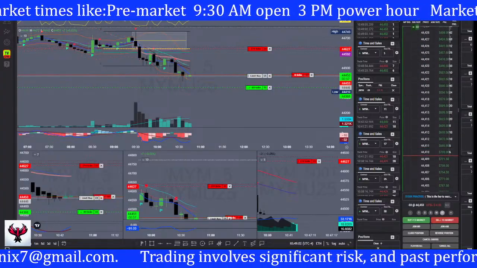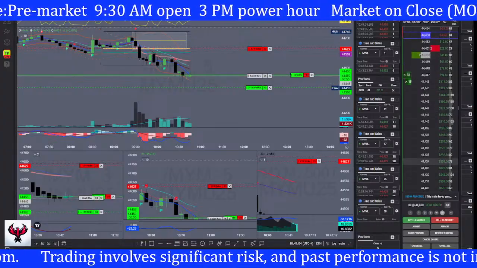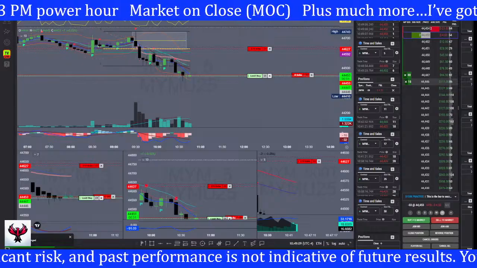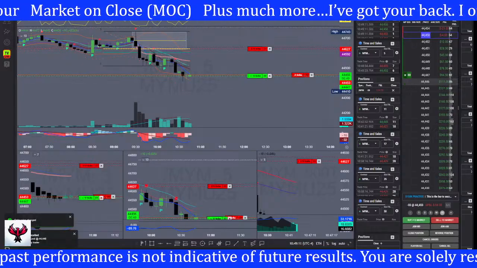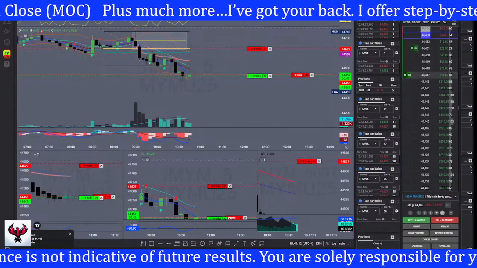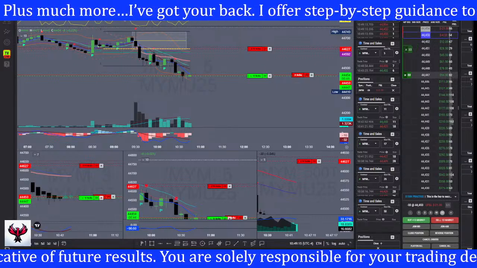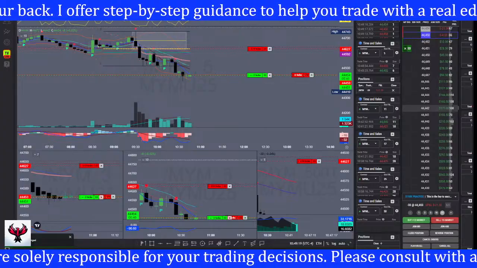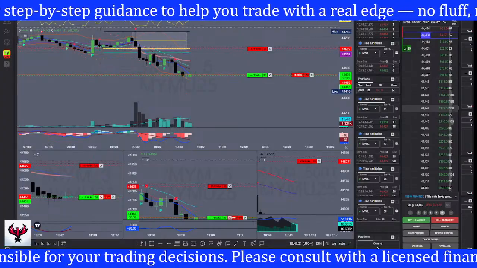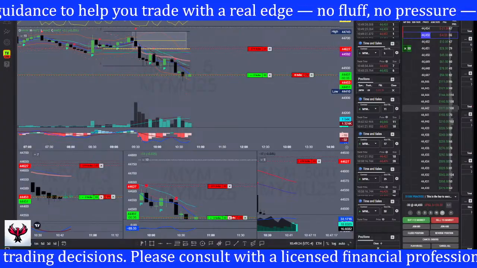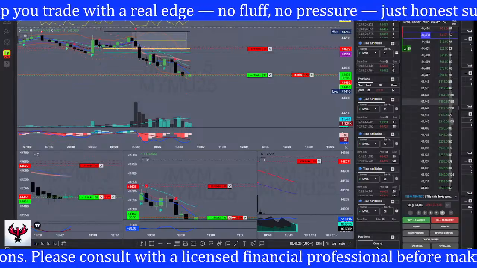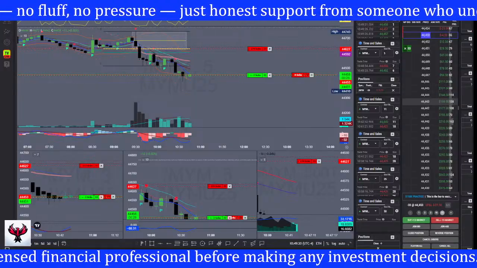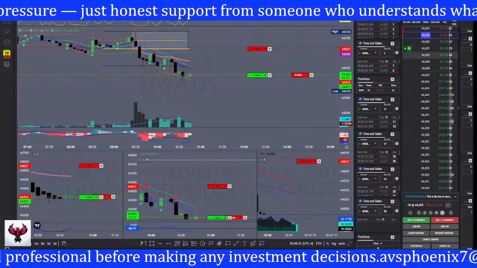I said it earlier. You've got to adapt or you will die in this industry. And adapt means you have to adapt to what the market is bringing you. The state the market is in right now is pretty lame, pretty quiet. We did move, but nothing like we had in April or March, or Q1. Q1 was bananas. You've got to adapt. If you're still trading the same way, looking for these big moves now, you're smoked.